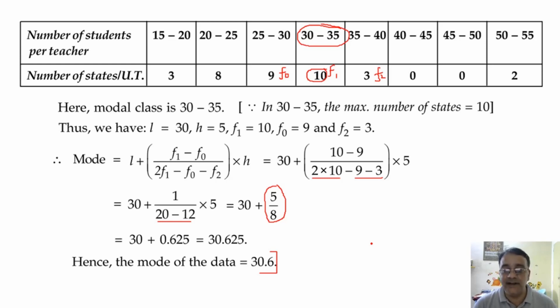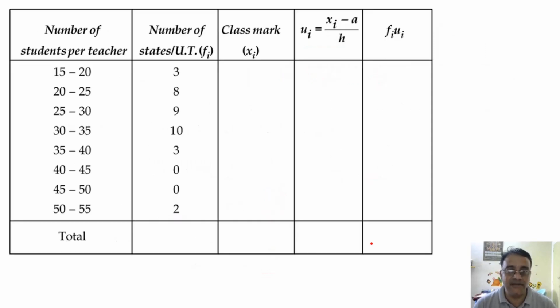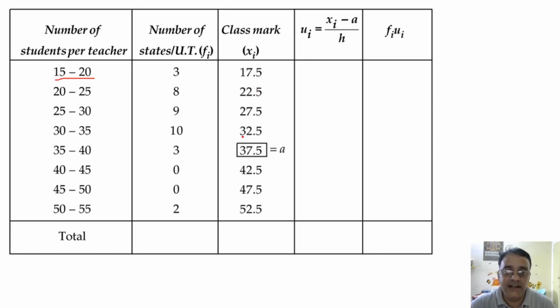Now we have to find the mean of this data. So we are going to use the step deviation method. All the class sizes are the same, that is 5, and the first class mark is 17.5. After that, keep adding 5. Okay, and in between